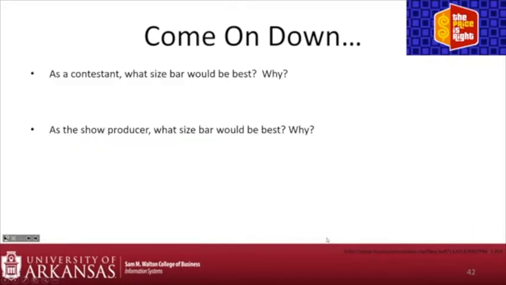So if I'm a contestant, what size bar do I want? Everything. Okay, and if I'm the show producer, which size bar do I want? I think some people win. No one ever won. Exactly how it is right now. So I got some people saying smaller, because fewer people win. Well, but you don't want it super small, because then no one wins. They need false hope to play. Yeah. Right. So you don't want it too small, but you don't want it too big.